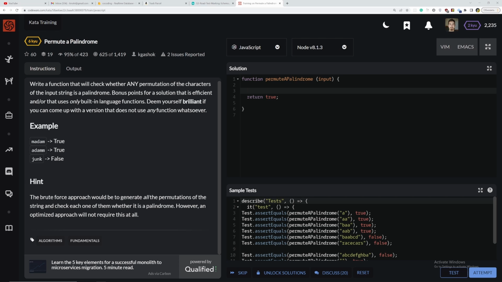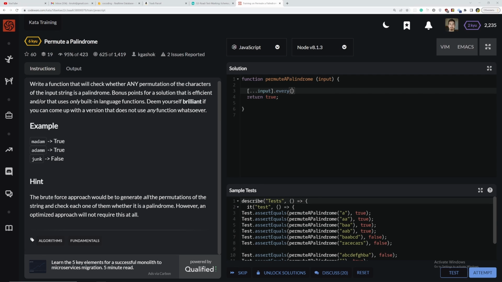For a string to be a palindrome, you need the left to right reading to be the same as the right to left, which means the first letter should be the same as the last, the second letter should be the same as the pre-last, and so on. The middle letter, if it exists, you don't care about, because it's always the same. So we're going to use some loops. We can use a for loop, or for example forEach. First of all, let's create an array from the string, so we can use an array method like every,